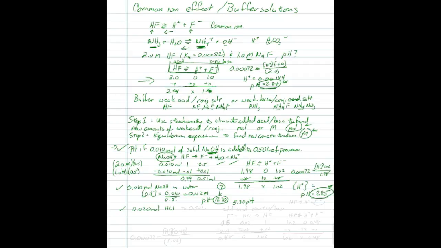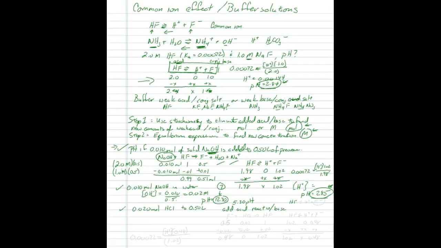Pretty much the same thing. We're going to add it to 0.50 liters of the stuff, assuming no volume change. We are adding an acid, so it's going to react with the base,